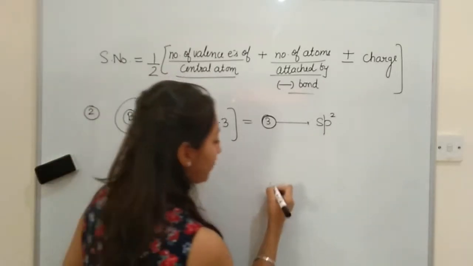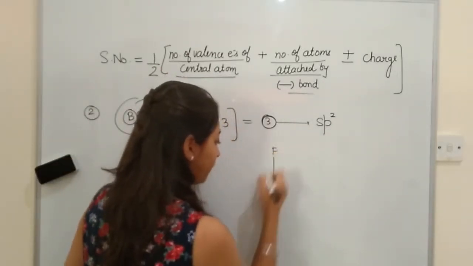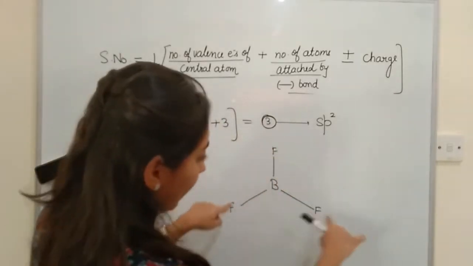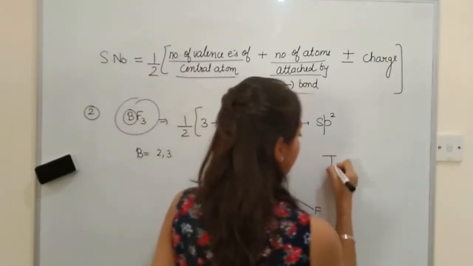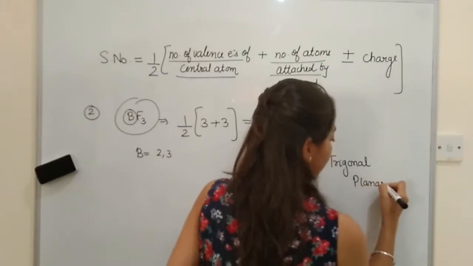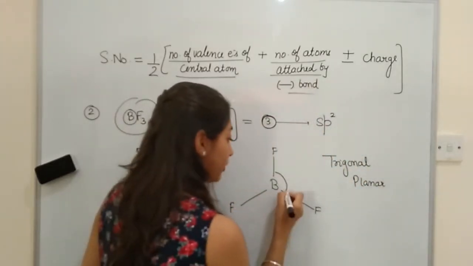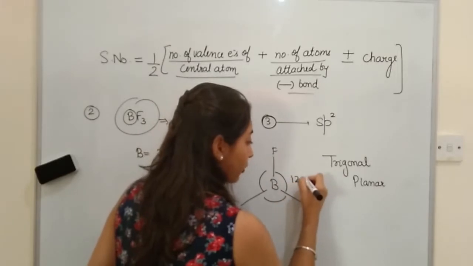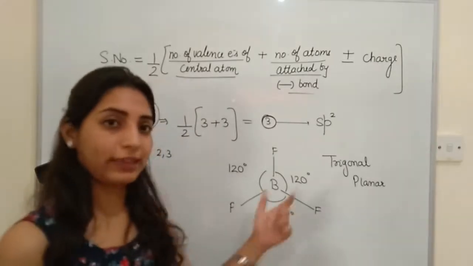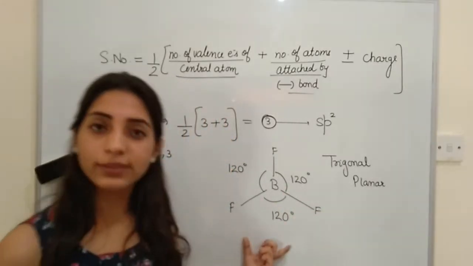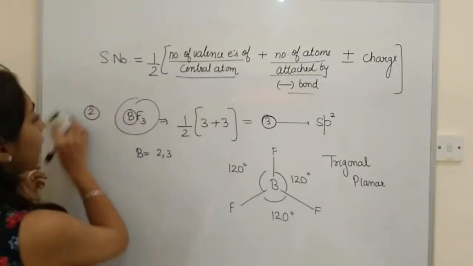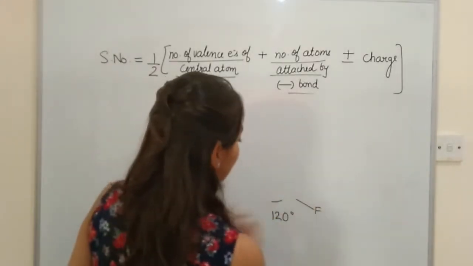And you know what the shape will be? Put boron in the center and 3 fluorines like this. Now don't you think they are in the form of a triangle? So this shape is known as trigonal planar. And if you measure the angle, the angle between all the bonds will be 120 degrees. This you have to remember, that the shape is trigonal planar, angle is 120 degrees. Done? Now let us move to another molecule, which is methane,